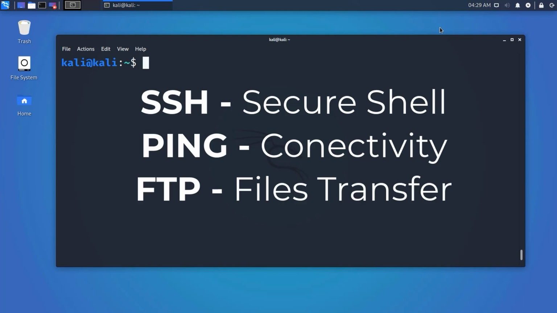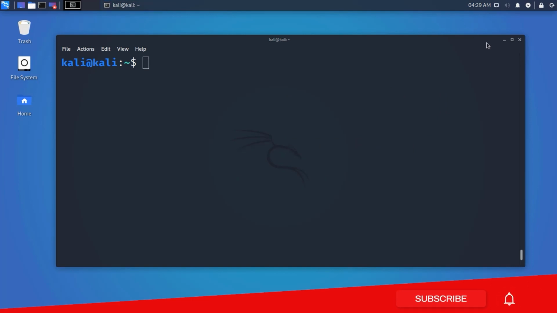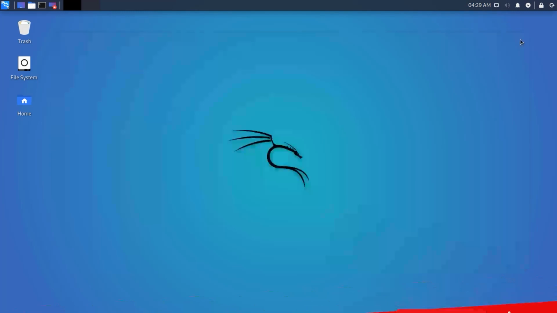FTP is the preferred protocol for sending and receiving large files. You can establish an FTP connection to a remote host and then use commands for uploading, downloading files, and also you can browse through the directories. Telnet utility helps you to connect to a remote Linux computer and work on it.